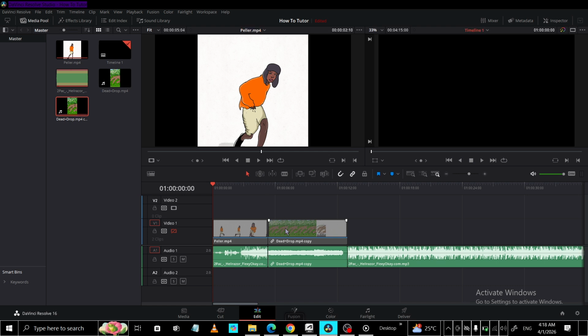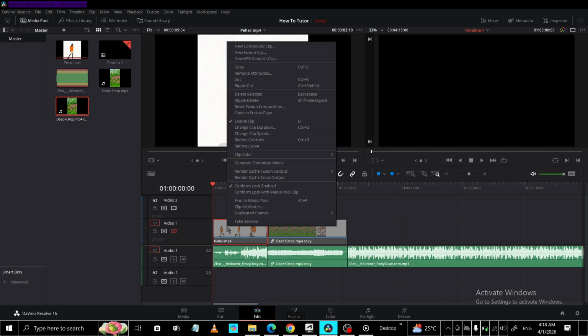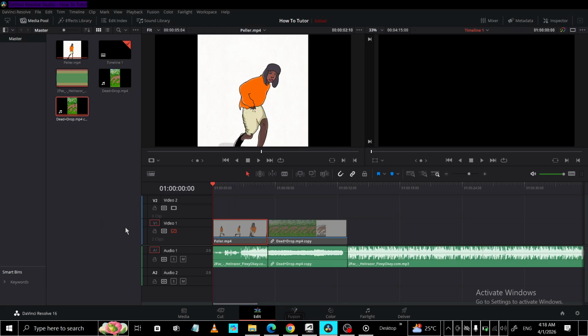A quick note for peace of mind: duplicating a timeline is non-destructive. It doesn't create new media files or change your original, it just makes another timeline that references the same source clips. That means you can safely experiment in the copy without risking your main edit. If you're working with multiple sequences or client variations, this workflow lets you branch off cleanly and return to any version at any time. That's all there is to it. You've duplicated your timeline, confirmed the copy in the media pool, and